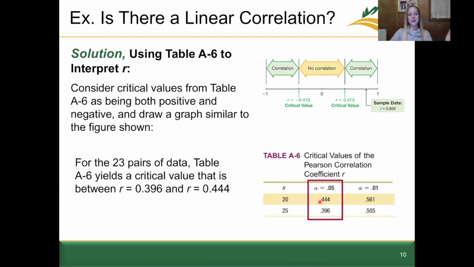In our case then, we know our critical value will be between 0.444 and 0.396. Because our n is 23, it'll probably be slightly closer to 0.396, but we know it's somewhere in between. Now, as you know, I've been a big proponent of using Excel. Here, however, it's almost easier to use table A6 to find your critical value. Now, this is essentially the only instance where I do think using table A6 is easier than using Excel. And again here, we've used table A6 to interpret our value for R